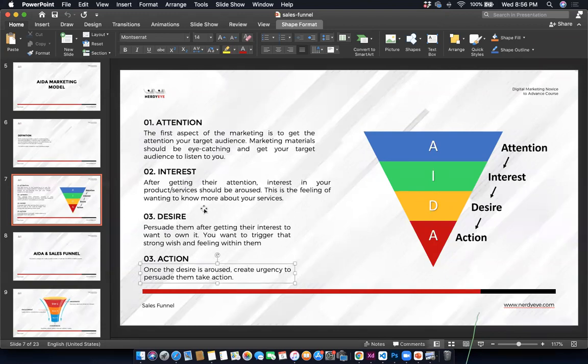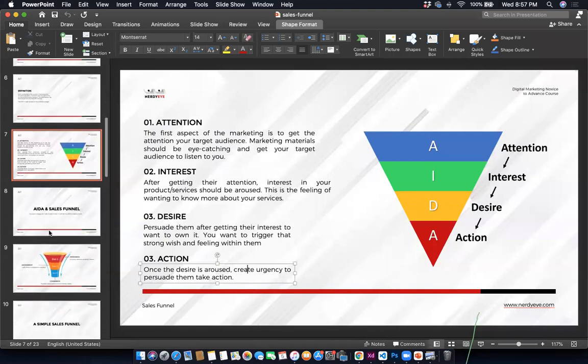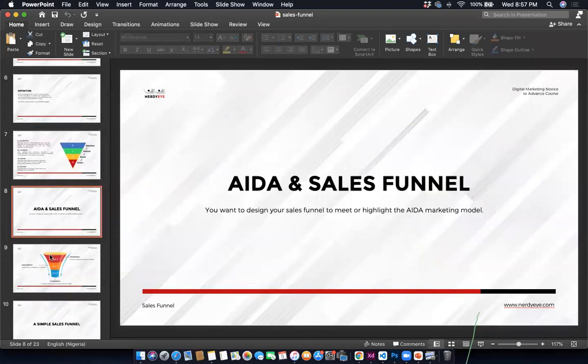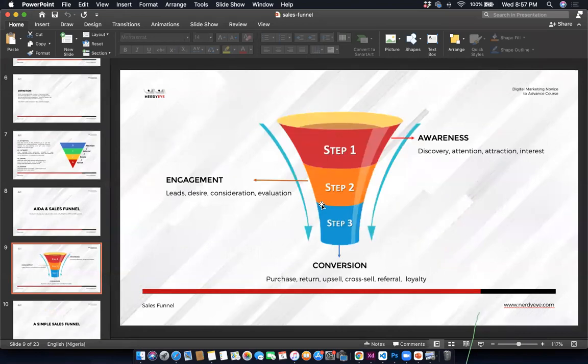So now, how do we draft our sales funnel to fit into this, which is the AIDA and the sales funnel? That is where we have this particular sales funnel called the step 1, step 2, and step 3 funnel that I love to use. Step 1, I call awareness. In the awareness stage, I want them to discover me, to know who I am. I want to get their attention,